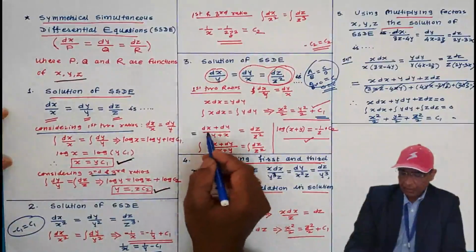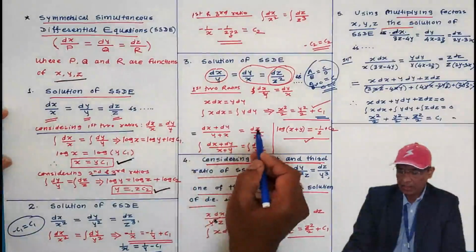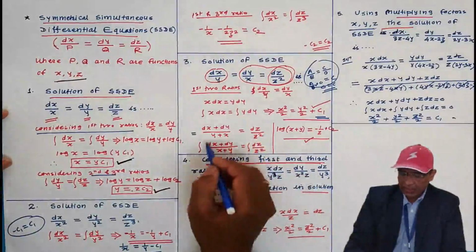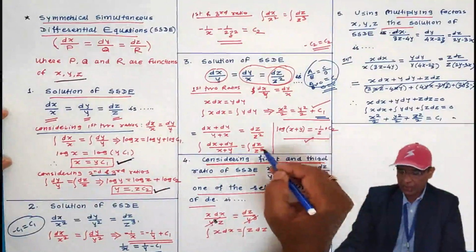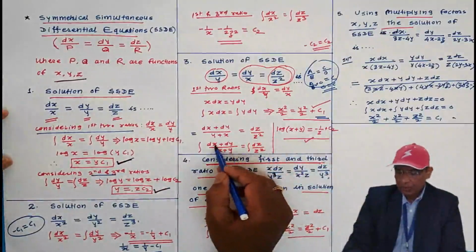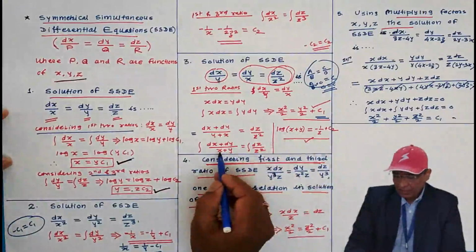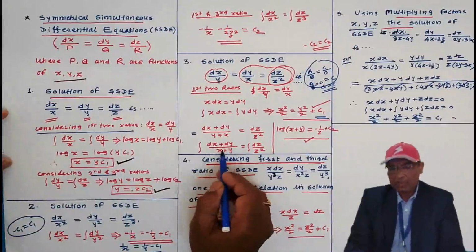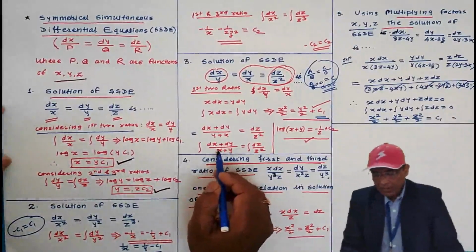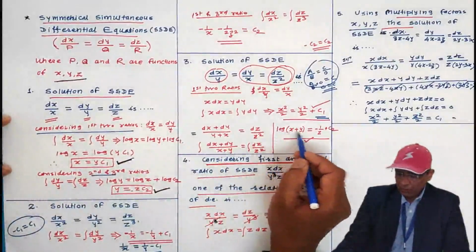Then here variables are separated. See, x y is present, dz, z is present. They integrate it. The integration of 1 by z square is minus 1 by z with respect to z. And integration of dx plus dy by x plus y is what? Log of x plus y, because the derivative of denominator is dx plus dy and it is present in the numerator. Therefore, integration directly log of denominator. The log of x plus y.